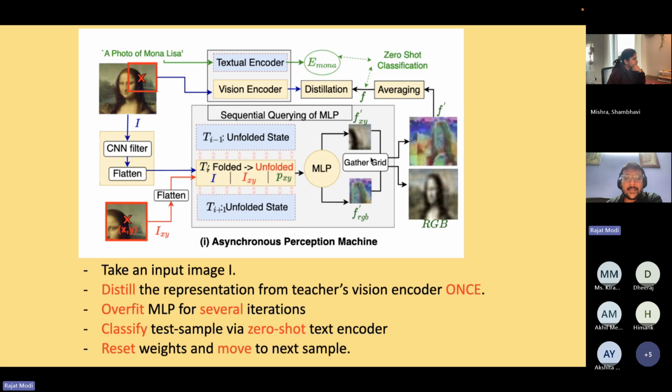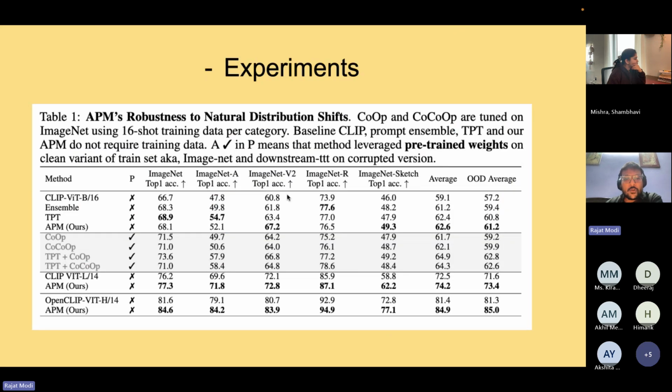And it actually scales up. If you look at the results for test time training, the best model of OpenCLIP on ImageNet is 81.6. This was pre-trained on 5 billion image text pairs, but it was never pre-trained on ImageNet. That's why there is a cross here. So using the OpenCLIP ViT-Huge as a teacher, we can use test time training and improve its performance by 3%. That's the selling point, and you can see consistent gains across all the ImageNet splits.